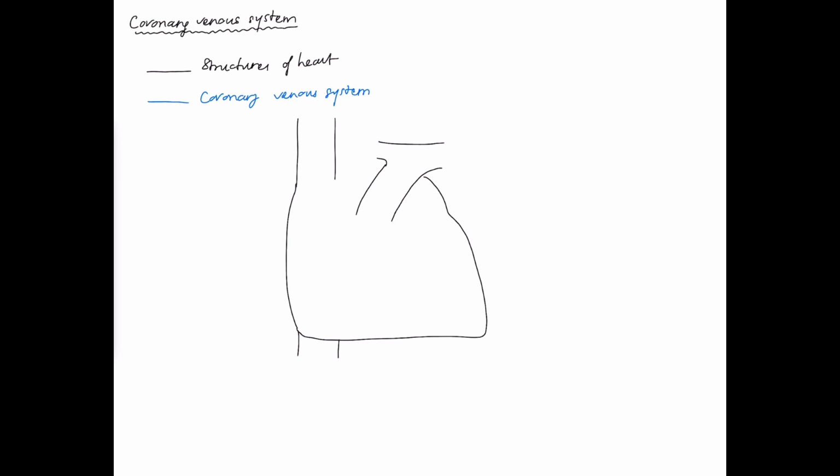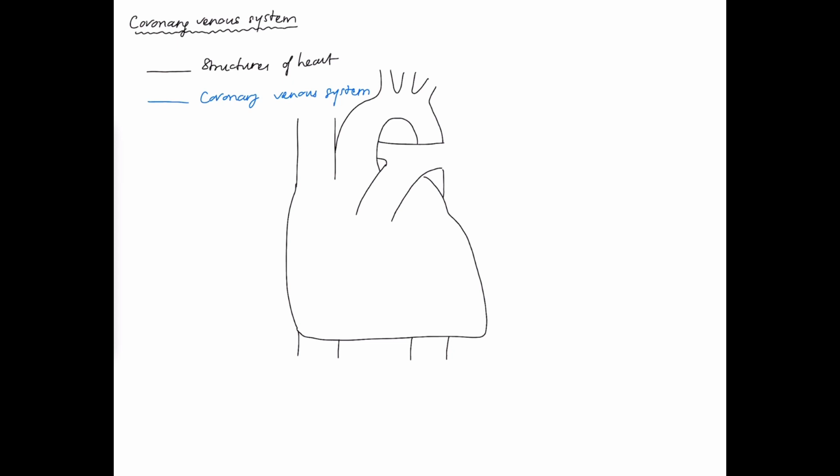Let's start by drawing out the ascending aorta right here, and then making an arch over here. Okay, and also draw out the three branches of the arch as well, before bringing it down to become the thoracic aorta right here. All right, and now let us draw out as well the coronary sulcus,